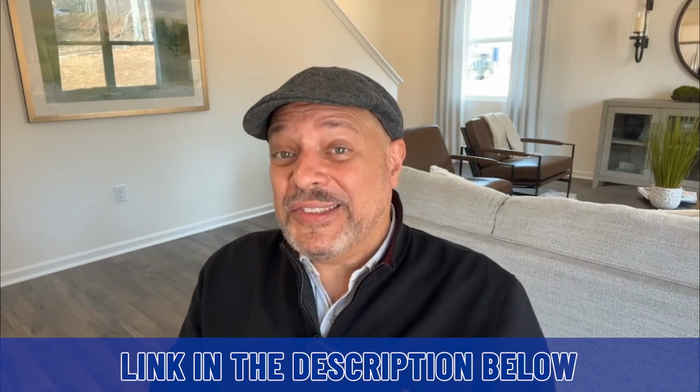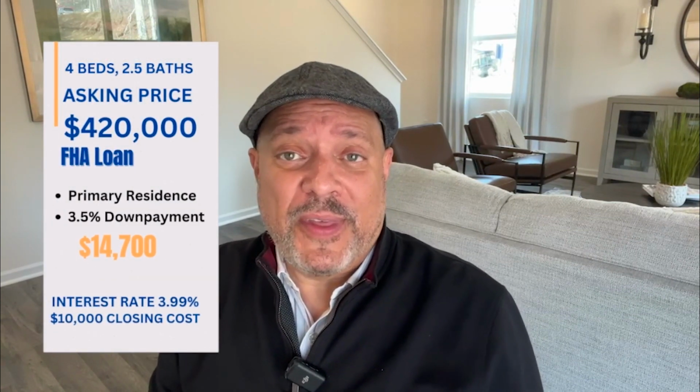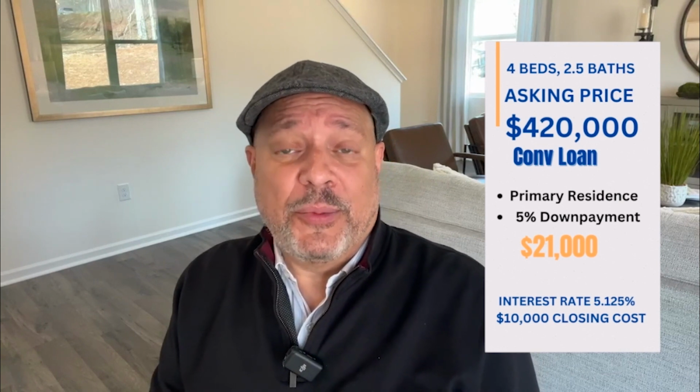Now on top of this, the builder is providing $10,000 for closing costs. And this is for quick close homes. The builder is buying interest rates down to as low as 3.99% for the first 2 years, then 4.99% for year 3 through 30. And that's for government loans. If you qualify for FHA loan, then you'll need 3.5% down, which is $14,700 down payment. If it's a conventional loan, you'll need a 5% down payment or $21,000 to purchase the property as a primary